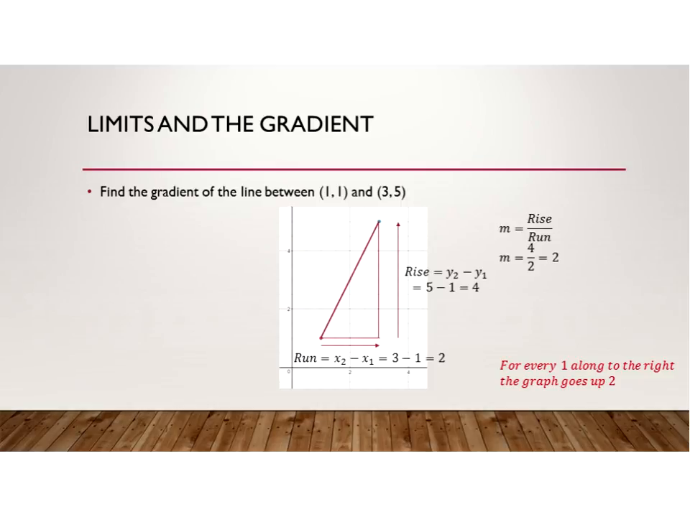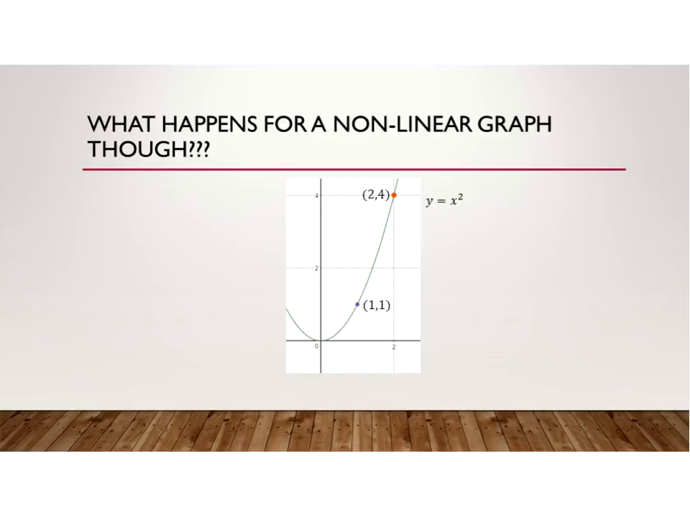If it'd been negative 2, it would be 1 across and 2 down. So that's all of our work from coordinate geometry. Now,